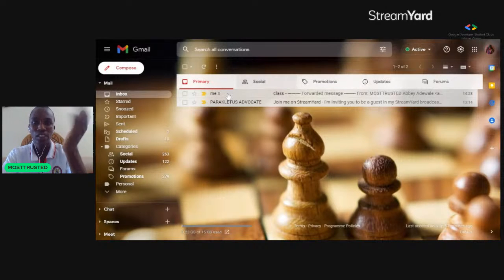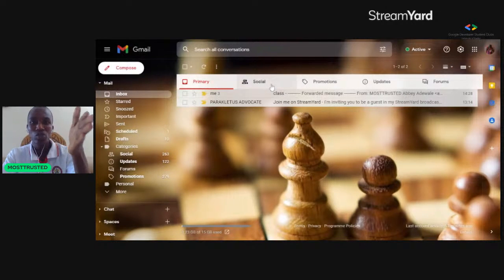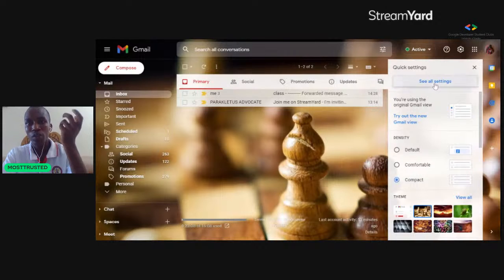And I've told us that the primary messages are the messages that are sent to us probably from our friends, from some trusted sites, and the social are just from the social networking sites, and promotions are for promotional messages. So now you can manage what to do, because with this, it helps you to sectionize your messages so that you can know which message belongs to which place, so that everything will not just be jam-packed in a place. So you can come over here too